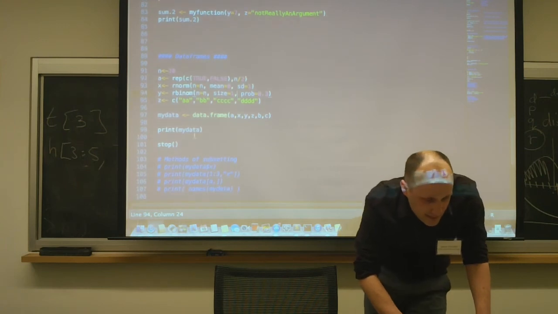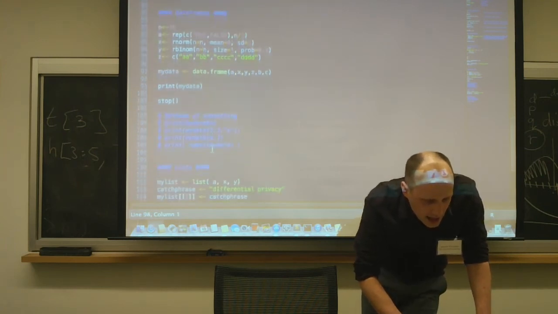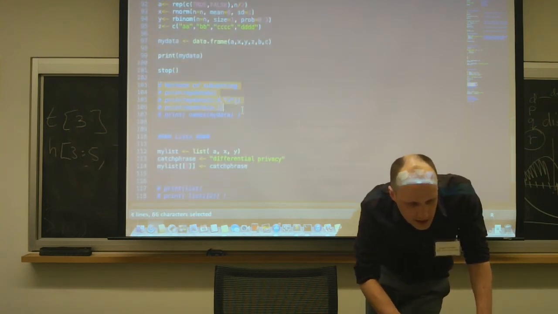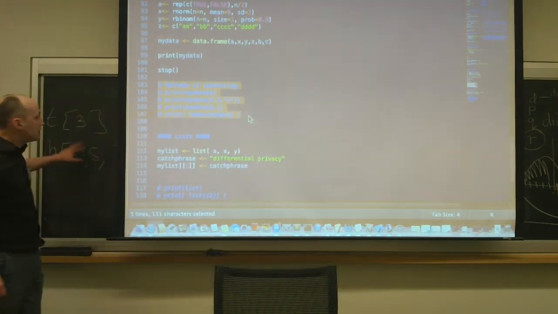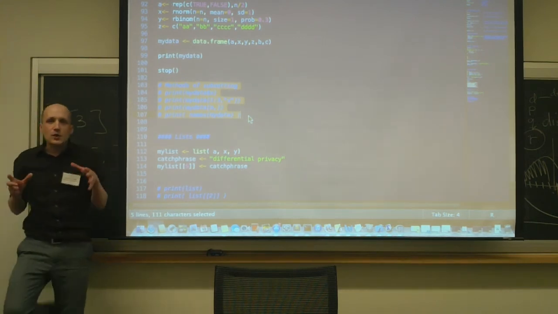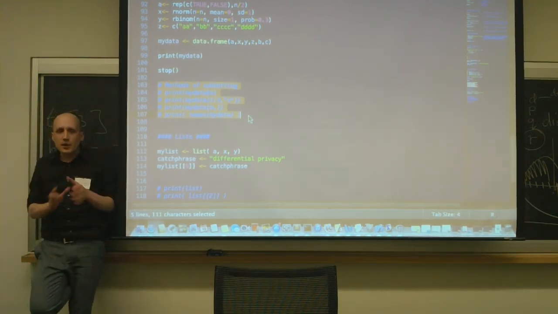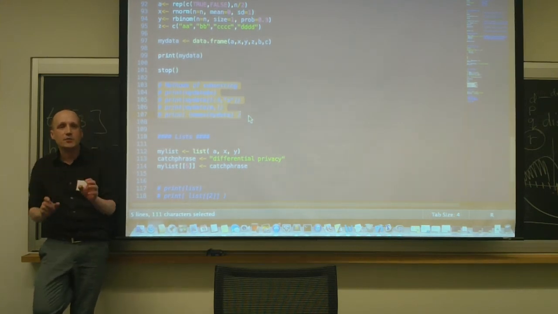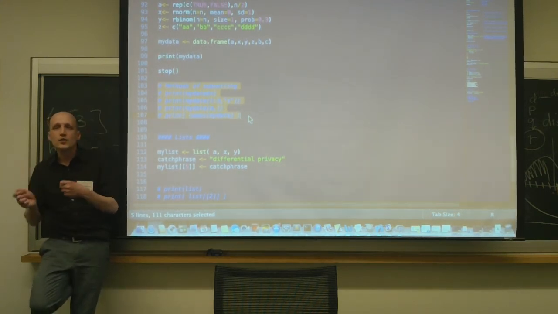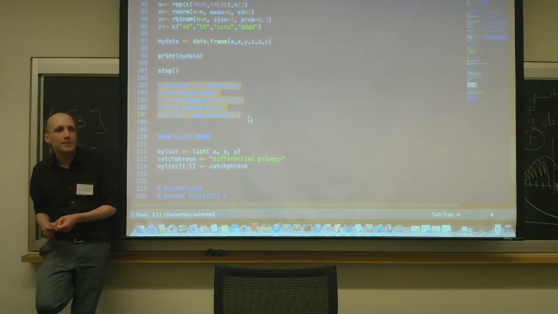Okay. So here's my data set. I just printed my data set. Take a look at this stuff that's commented out, and you might want to enter some of these in yourself. Just like when we were dealing with matrices, it's often going to be the case that we just want sub-matrices of the data frame. We don't want the whole thing. We don't want to print the whole thing to the screen. I just need some pieces of it. I need these variables. I only need these rows. I only need the rows for which this condition or this query happens to be true.